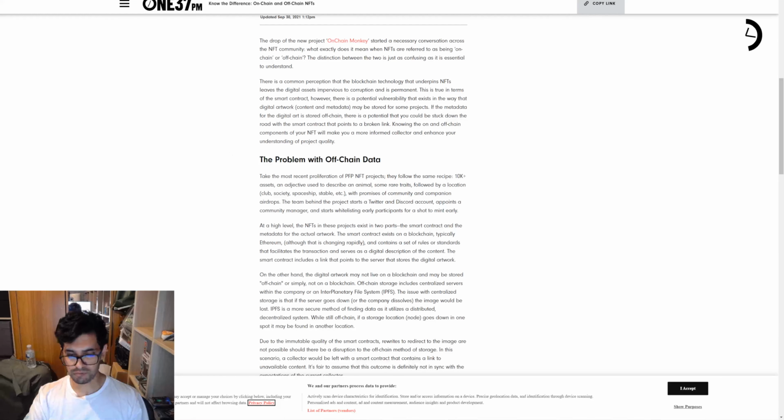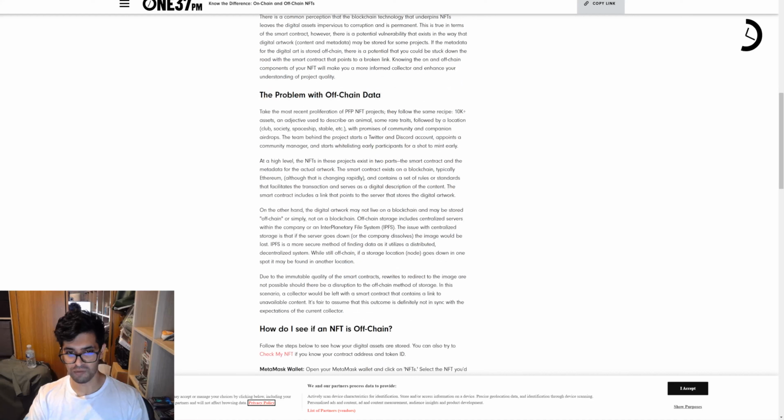So yeah, if you do want to learn more about this, there are plenty of articles. Here's a pretty good one. It talks about the problems with off-chain metadata, and they talk about IPFS here. It is centralized, and there are problems, like if the server does go down, maybe you won't see the content anymore. But with more distributed, cloud-based servers, that problem gets eliminated, or reduced.